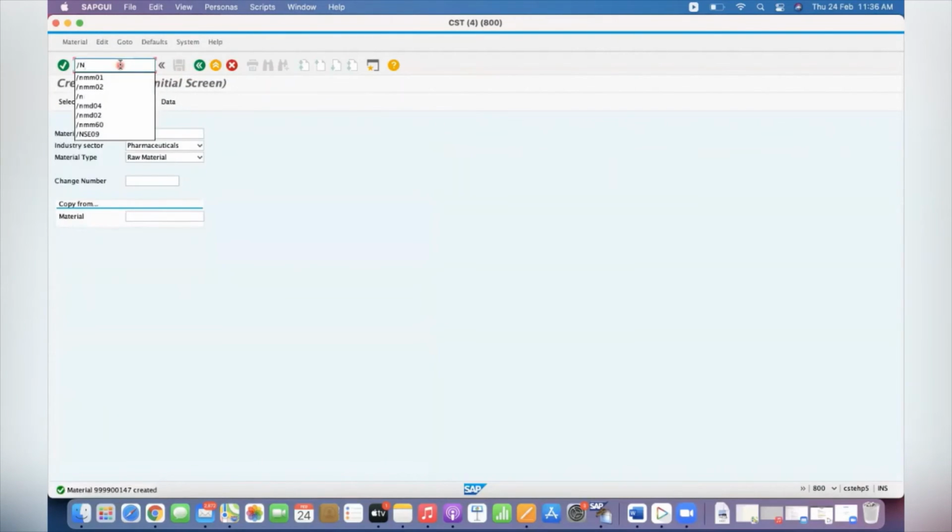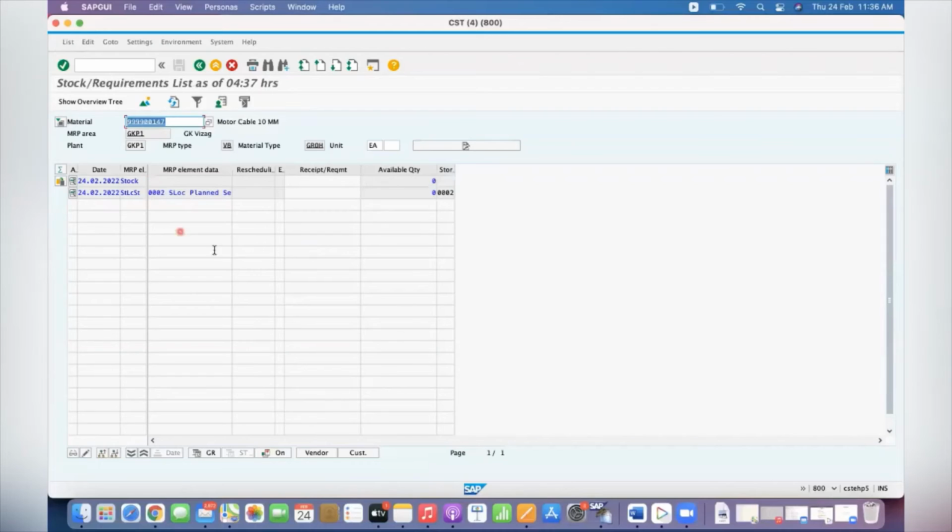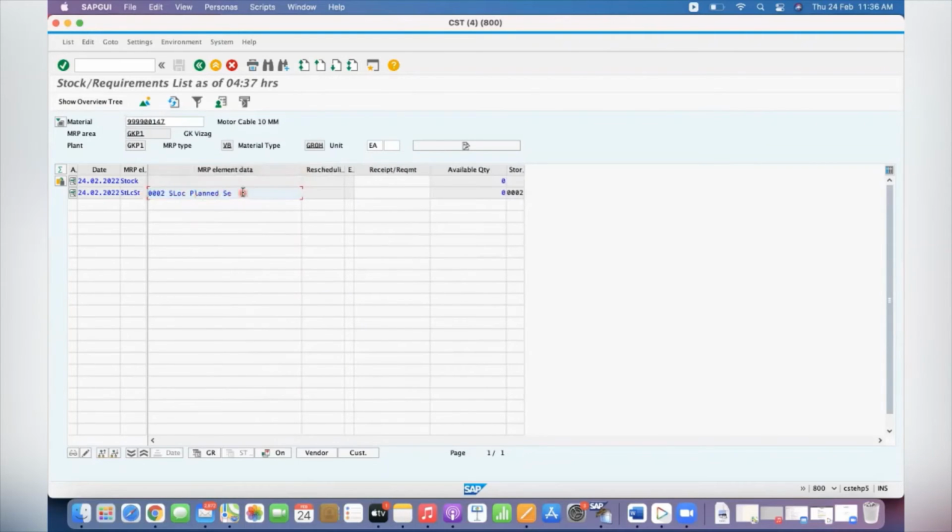Let's go and check MD04 first. For that GKP1 plant, see, the system is showing 0002 in a separate line because we are planning separately. See, S-log is planned separately for 0002. Remaining all are the same. There is no stock, nothing is available. We are going to run